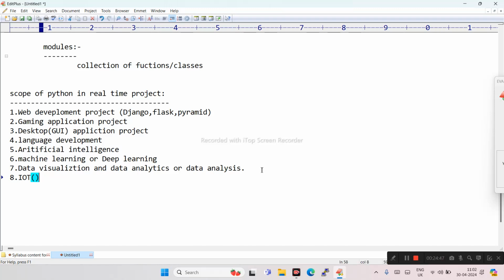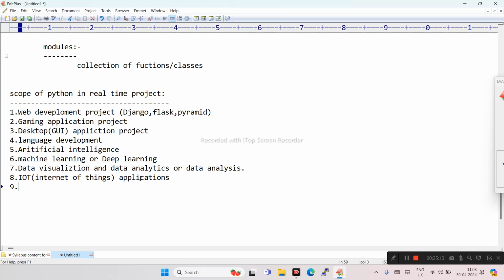That means if you are using any sensor, that is an IoT based application, Internet of Things. In these applications also, we are using Python.